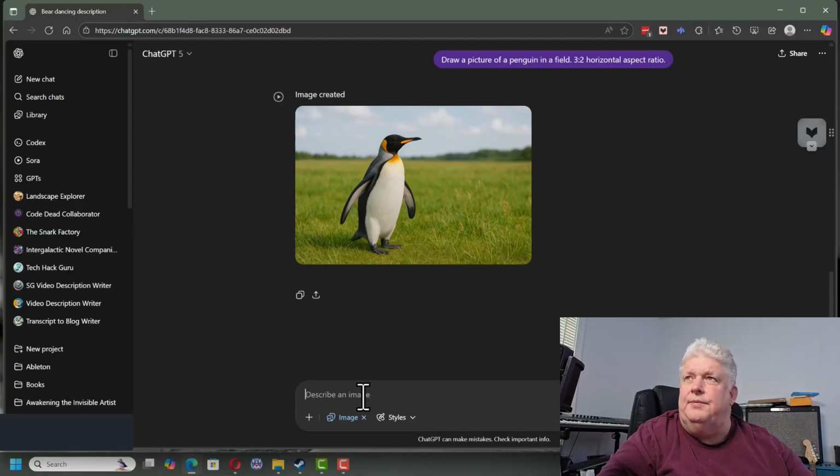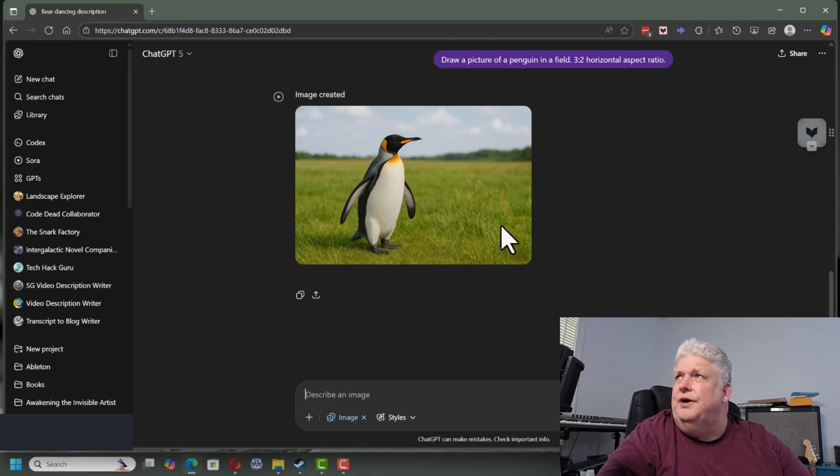all right, so it took a couple of minutes for it to do that, but we've got a picture of a penguin in a field now. Looks pretty good right there. And so you can see it's a horizontal format. So those are some of the basics of creating an image you can experiment with. So one thing to remember is that you can change the background or change things in the image after you make it. And the other thing to remember is that you can actually change it to horizontal or vertical,